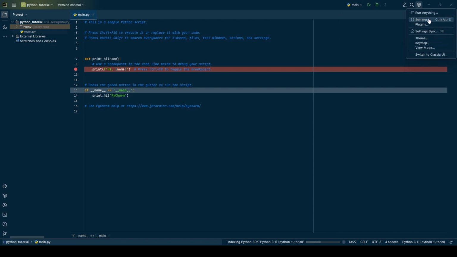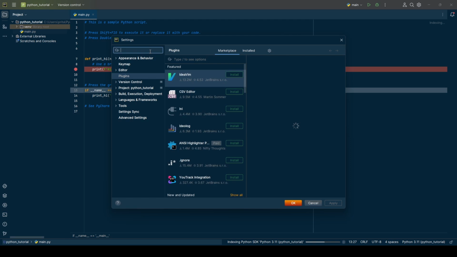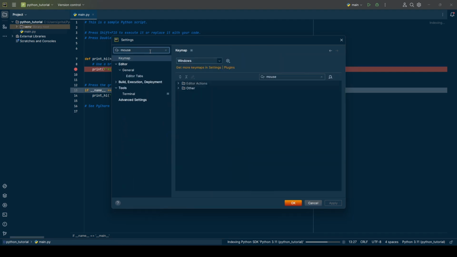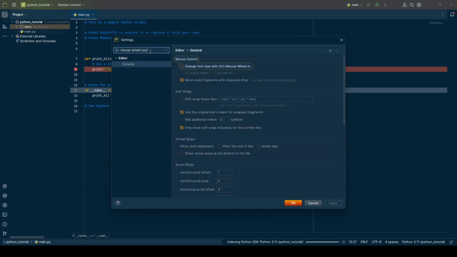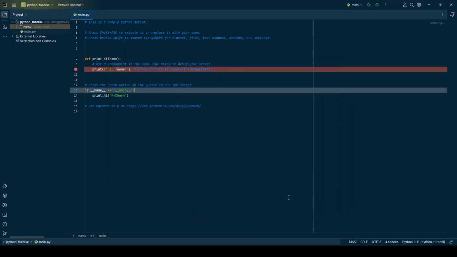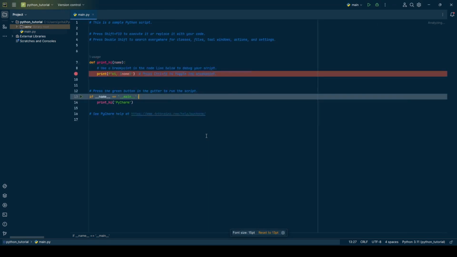For that, go to settings, and here I would write mouse zoom. So here, this is the tick for the active editor. If you want, you can choose all editors also, but I would prefer the active editor. Change the font size with Control plus mouse wheel. Okay, apply. Now you can see it is more handy, right?